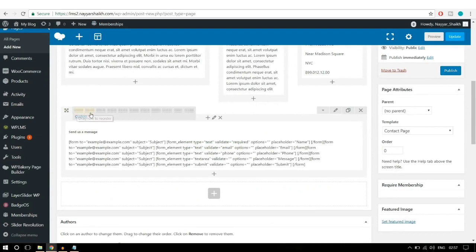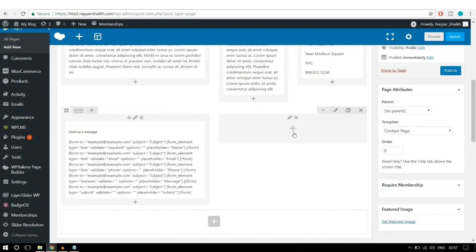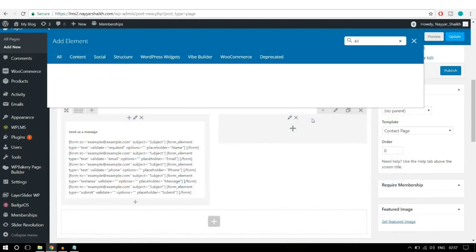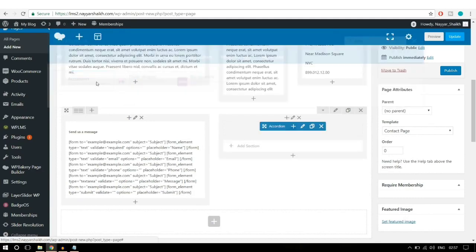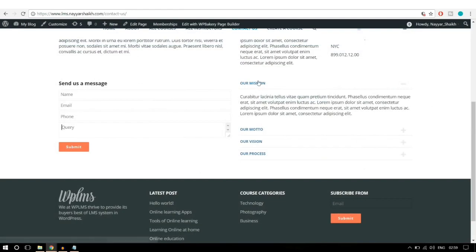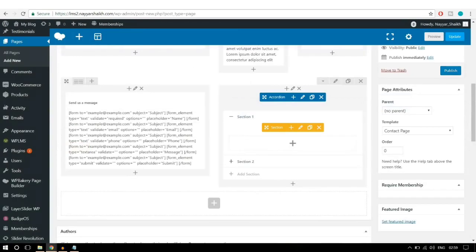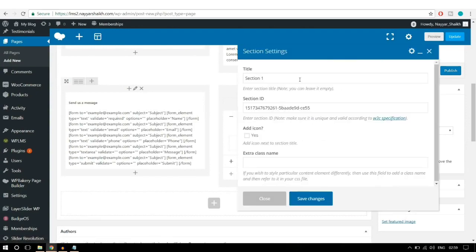So let's divide this into two different columns, and in the next column we'll have something called accordion. So search for that, ACCOR, this is the one, accordion. Now as you can see, the first section says our mission, and we have some text in it. So let's copy this text and let's edit the first section. So the title should be our mission,